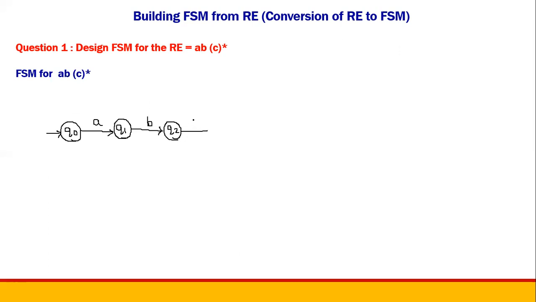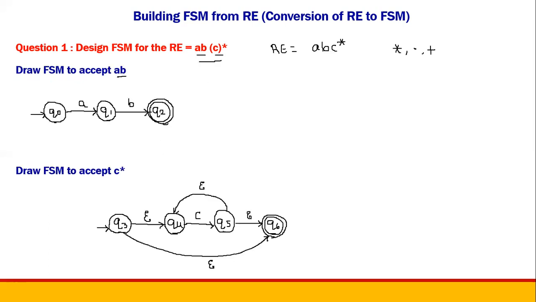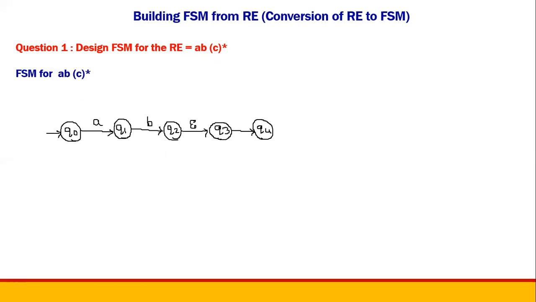Okay, so after reading epsilon, it will reach Q3. I'm just merging these two. When I combine these two expressions, Q2 and Q3 become one here. That's what I did. So after AB, directly I will move on with C star. It will read epsilon, then it will read C. After reading C, it can reach the final state Q5. It can reach the final state Q5 upon reading epsilon.